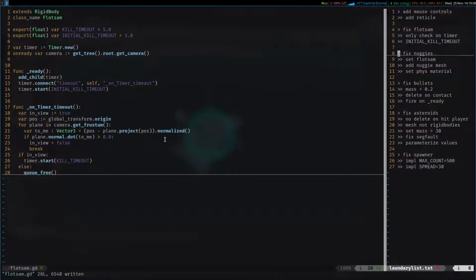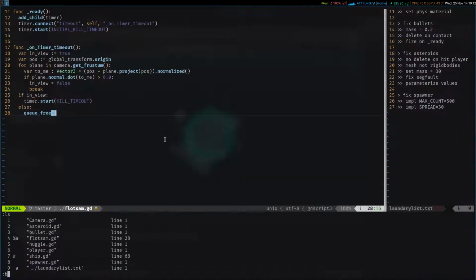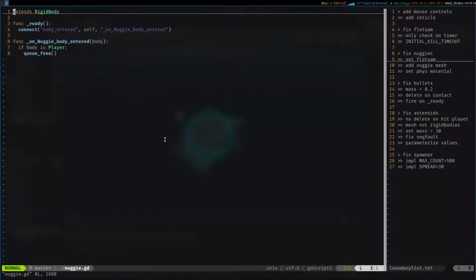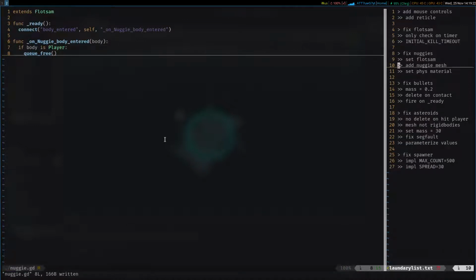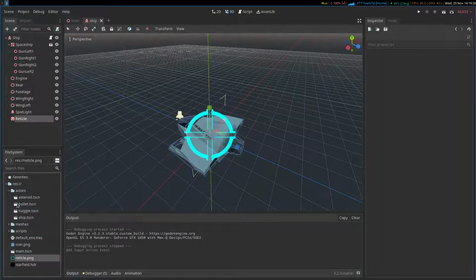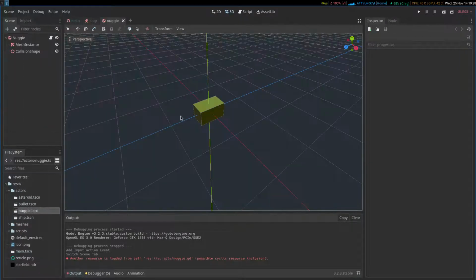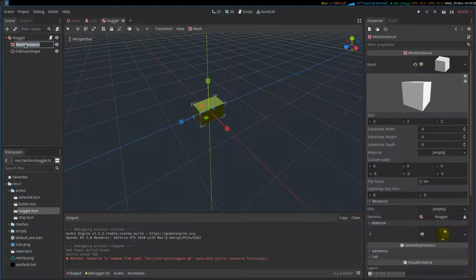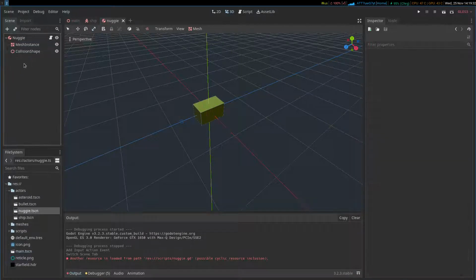Alright. And then I also want to make the nuggy a flotsam. Let me go to nuggies. Make that flotsam, and then I need to actually give it a mesh. So let me go into my nuggy.tscn. So instead of having this stupid little box, I'm going to replace this. I don't want to rename that. I made a mesh down here,